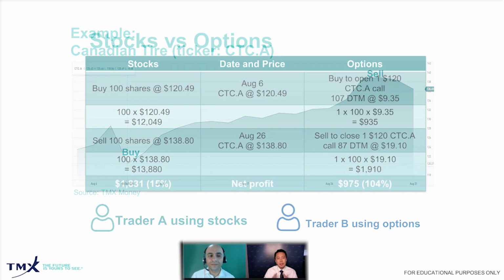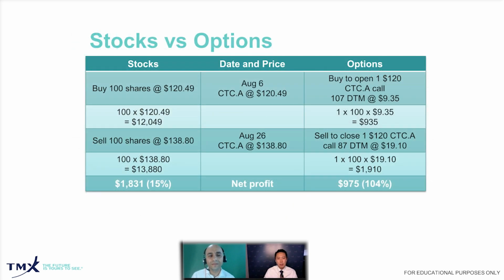So as you can see here, Canadian Tire is trading at 120. The option trader is going to buy a call option, $935, which is the option premium. Now, take a look at the calculations and the math behind this, and you're going to quickly see the very first benefit of using options is that the capital outlay is lower. And both traders have the same exposure. The stock investor is buying 100 shares, and the call investor is buying one call option, because one call option is equal to 100 shares.